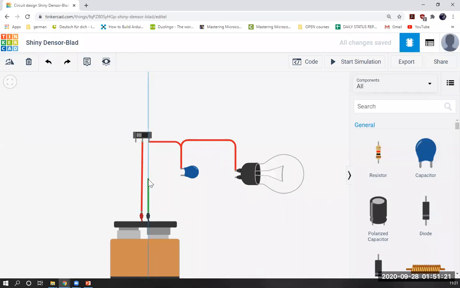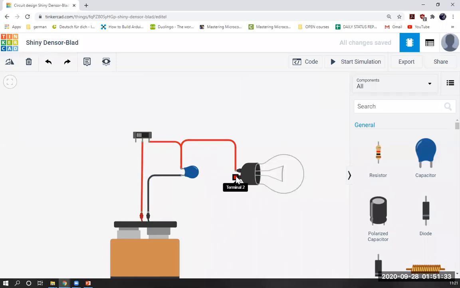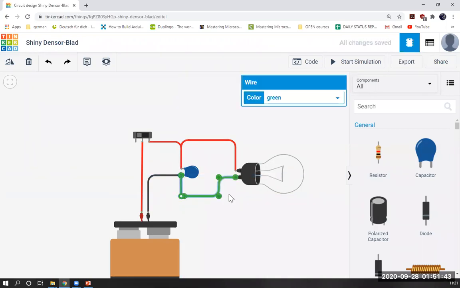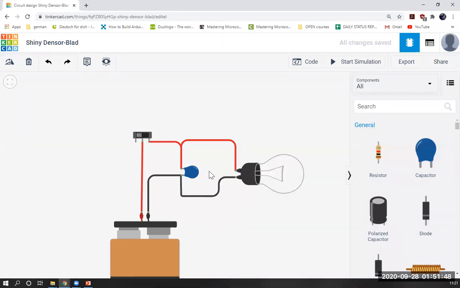Then this is a black one. I'm taking it here. And this one I will connect again to the black side. Right, and give it as black. Okay, so this is how our circuit is actually. Okay, very clean. I have drawn it. So we also try to draw clean and give all the names and colors.